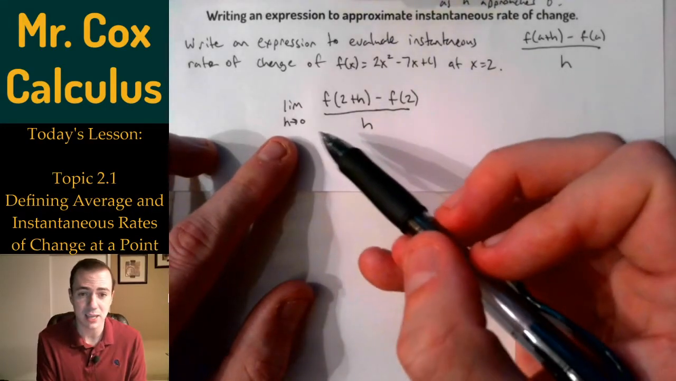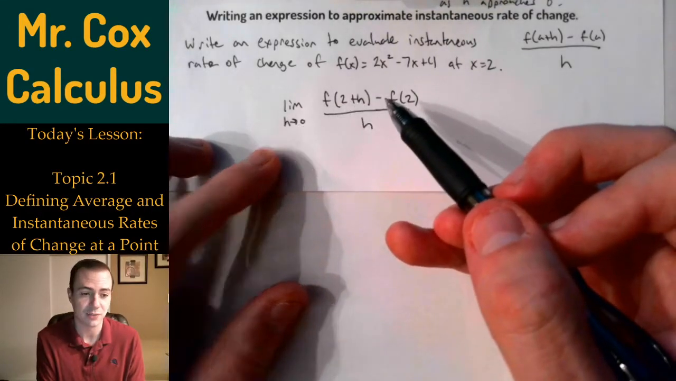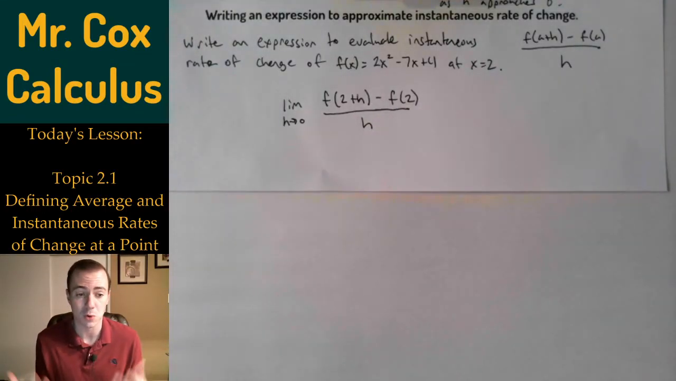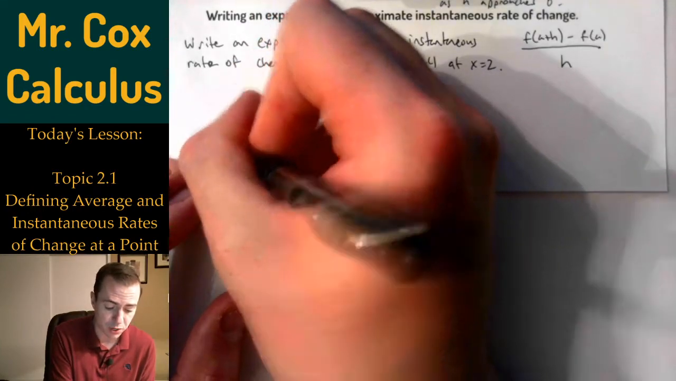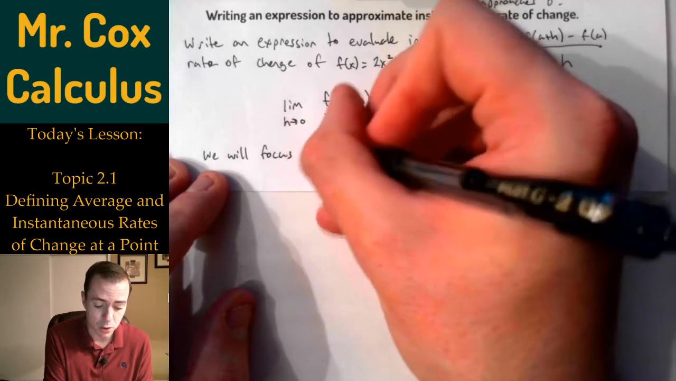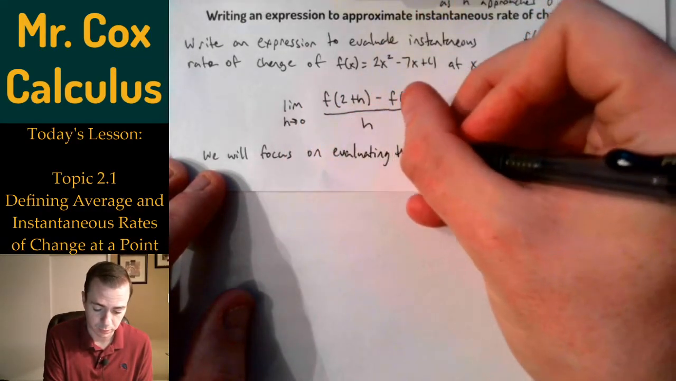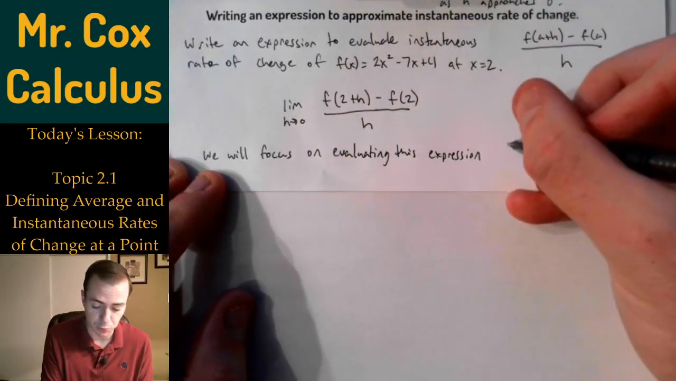And think about what we get here. If I just substituted 0 in, I get f of 2 minus f of 2, which is 0, and I get 0. I get that indeterminate form. So I'm going to be able to apply some of our techniques to potentially evaluate this limit and come up with an answer. And in fact, that's what we're going to focus on. We will focus on evaluating this expression algebraically